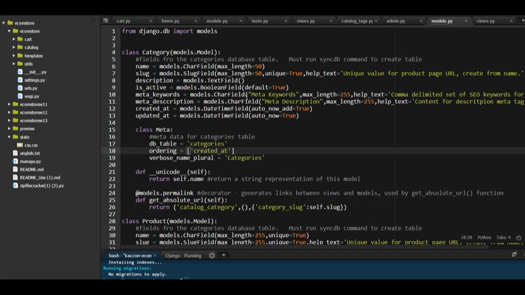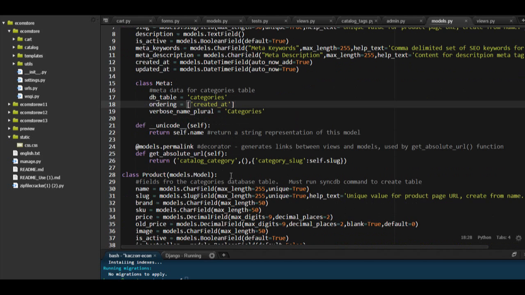The models.py is a category file showing the max length for each category is 50 and has a unique value for that product, page URL, and create name. The table for categories, when it was created, the catalog, category,